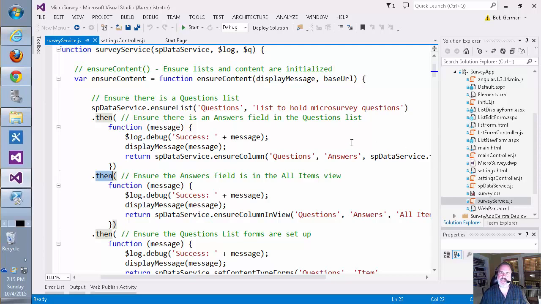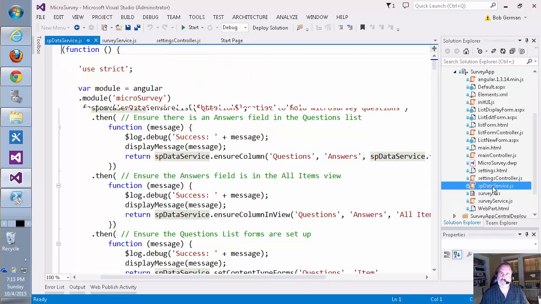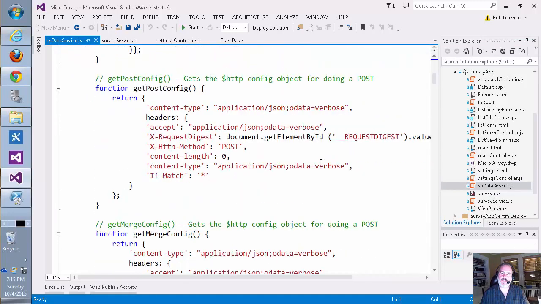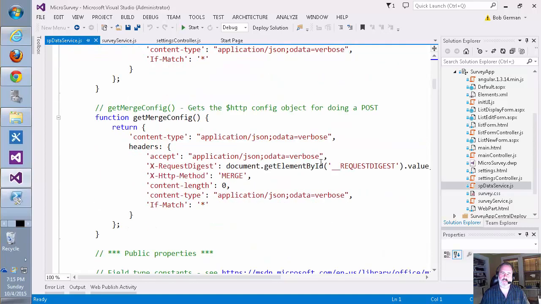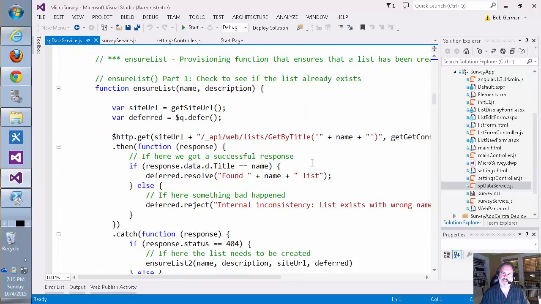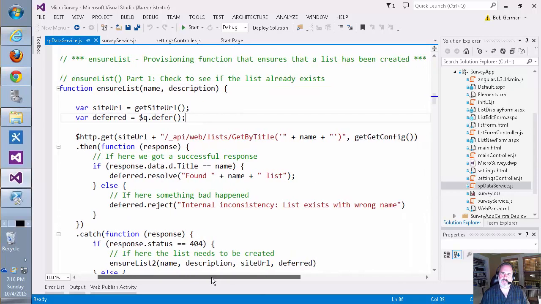Let's look inside of the SP data service, which is what survey service uses to say ensure that a list is there, or ensure that there's a column in a list. So a few little utility functions here, specifically for calling the web services inside of SharePoint. And we get into the fun stuff. So ensure list, this is what it looks like to first check if there's a list in SharePoint. So calling